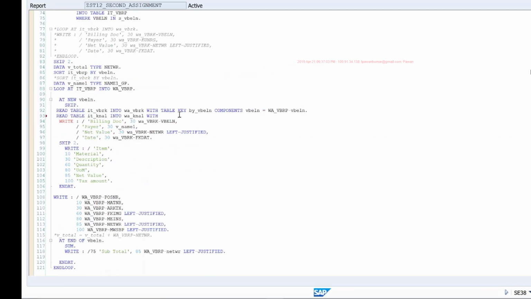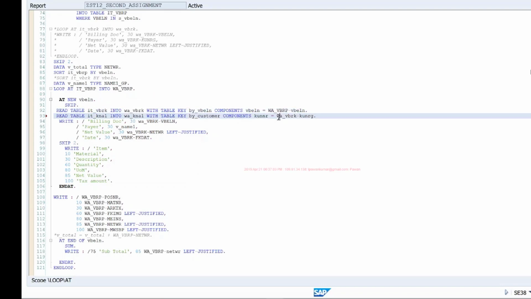And here I'll say with table key by customer components KUNNR of this KNA1 equals WA_VBRK-KUNRG. So first I'm reading this VBRK, it will bring the KUNRG value into my WA_VBRK.